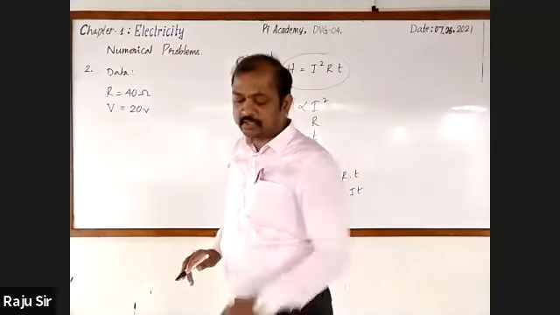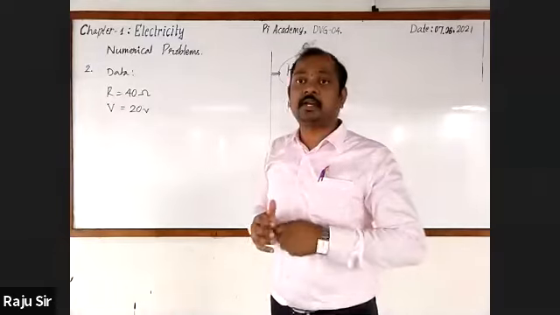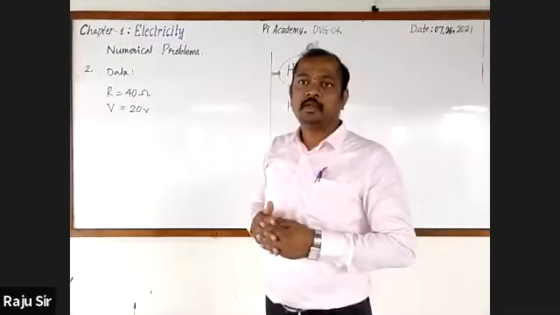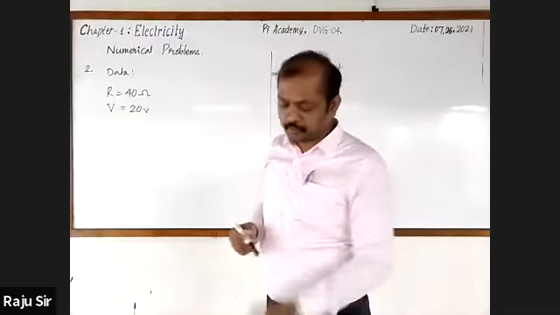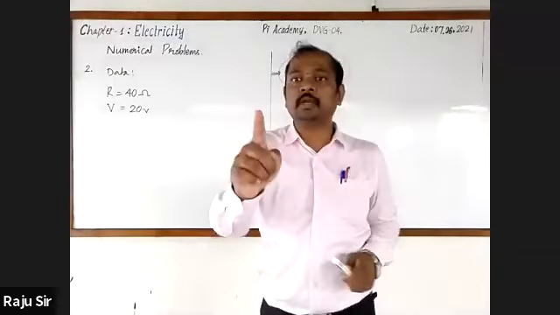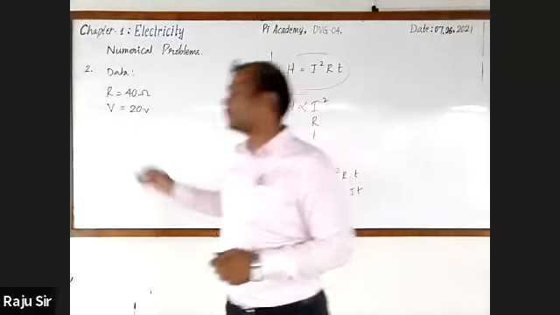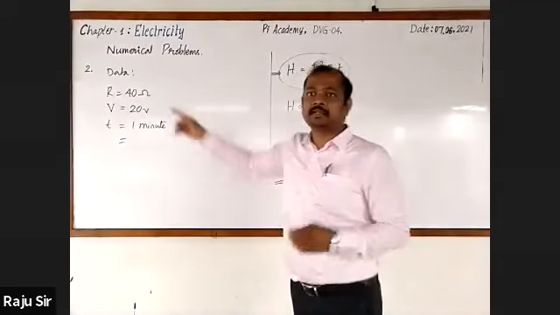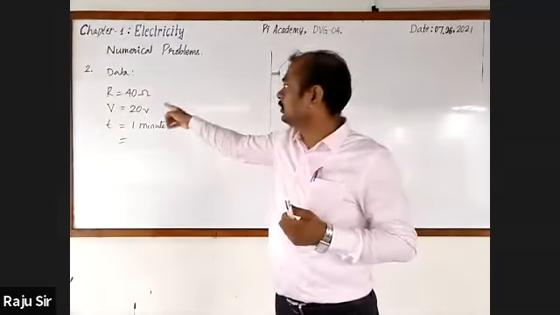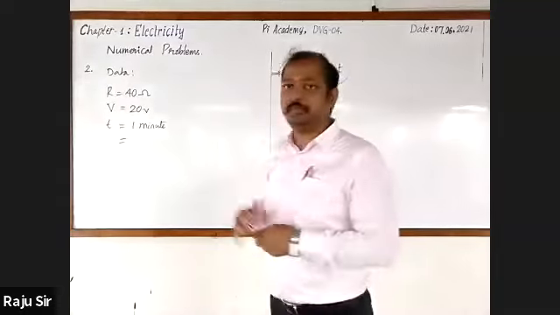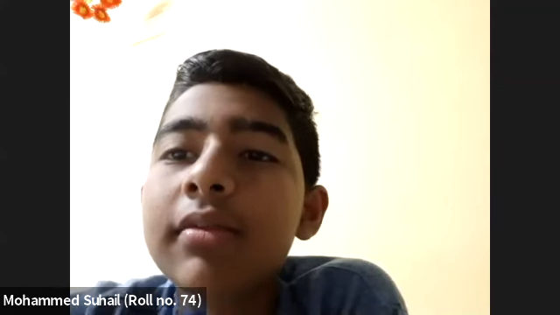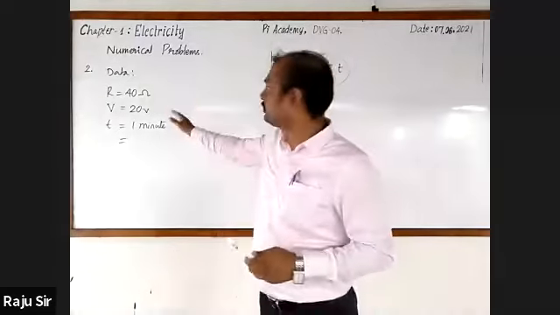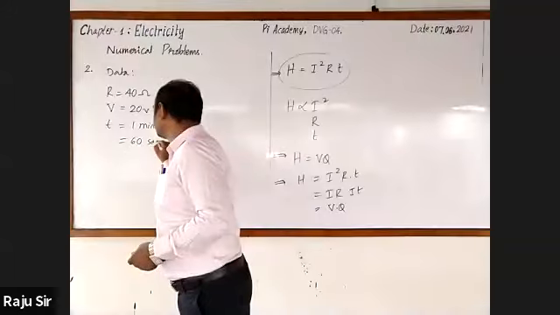Next, calculate the heat energy in joules generated per minute. So in this, current is flowing for about 1 minute. 1 minute indicates time. So it can be written as T is equal to 1 minute. You know that electric resistance is in SI unit, voltage is also, whereas the SI unit of time is second. Therefore, 1 minute should be converted into seconds. It can be written as 60 seconds.